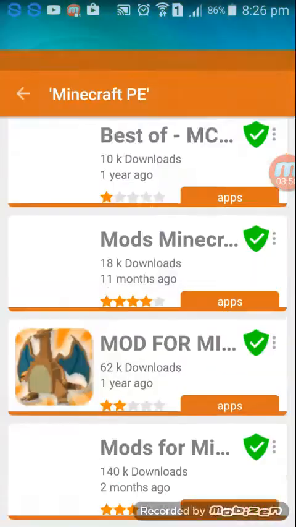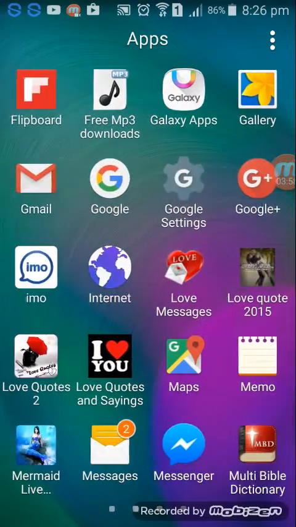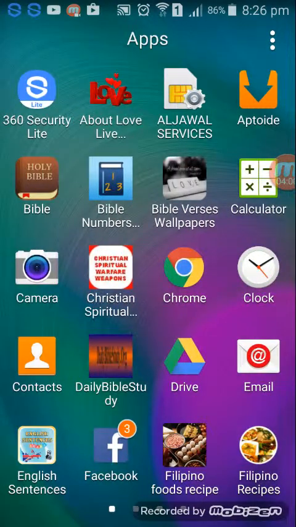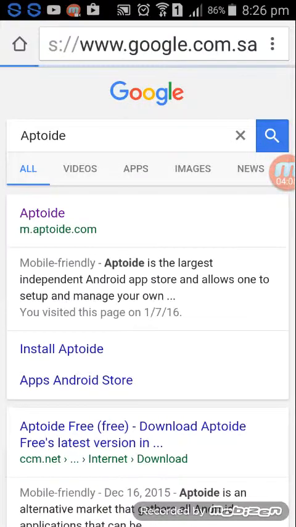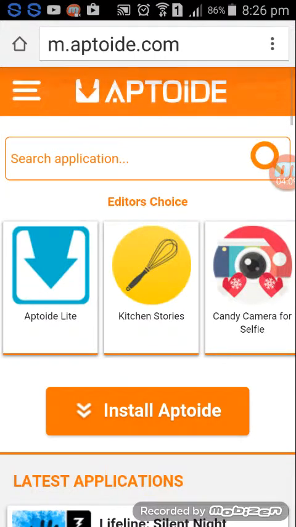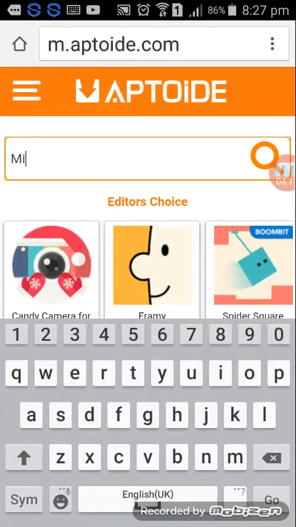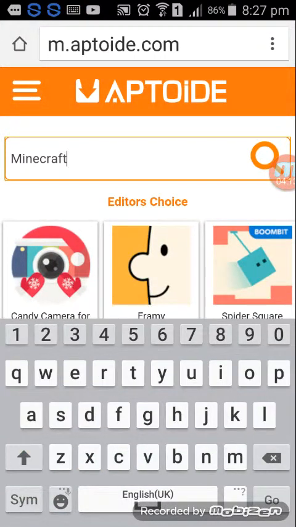Let's just go for the Chrome because we cannot find it. Come on, let's get Minecraft. Put Minecraft here and it will show you.